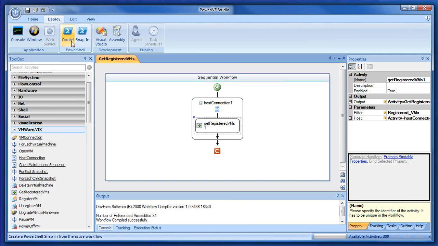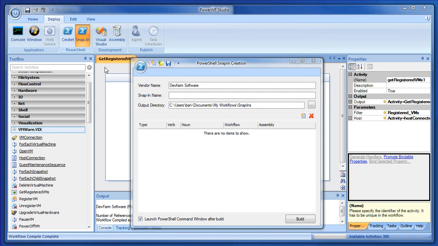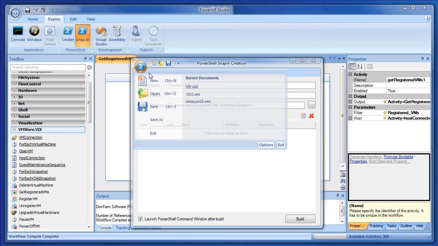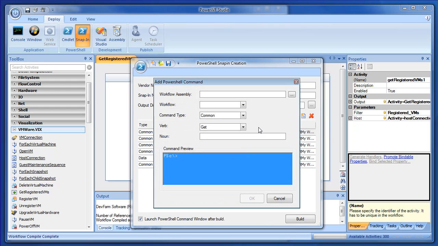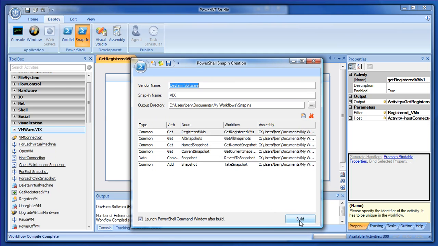Of course, you know the difference between a commandlet and a snap-in is a snap-in contains multiple commandlets. And I'm starting to build one for a power pack we're going to include in the product with some VIX libraries. I've just started building these things, but I've added a few snapshot commands in addition to the registered VMs. So again, we've already pre-compiled some assemblies using PowerShell Studio, and then I've added in, just using this button, these assemblies and given them all their own verbs and nouns. So it's as easy as hitting build. Once you've done this,